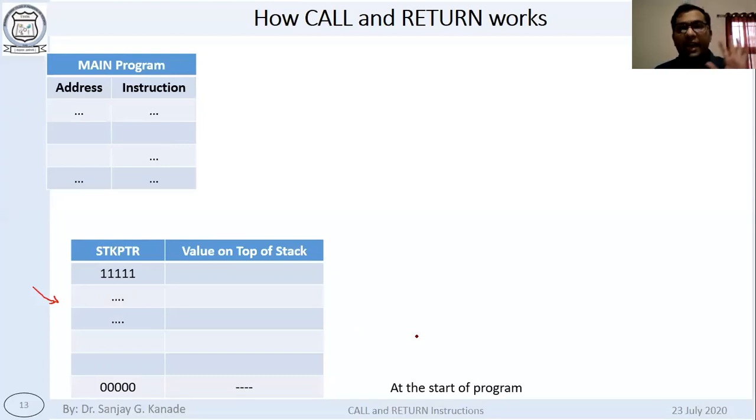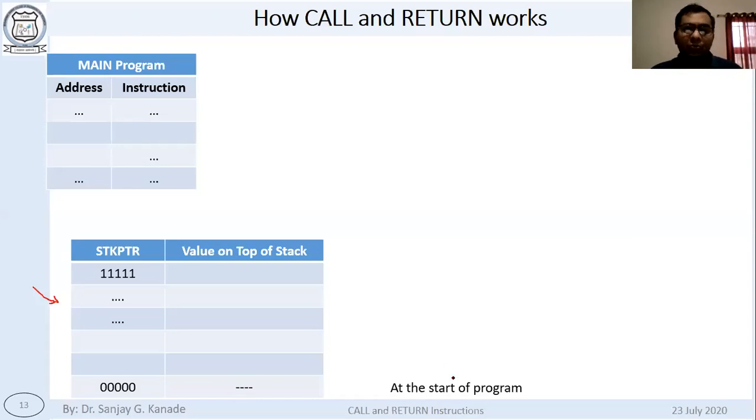As I have been saying, we have separate stack memory which is 31 locations, and at each location we can write 21 bits. That is the stack memory available in PIC18F458. It is a separate section in the microcontroller. It is not part of program memory. It is not part of data memory. It is a separate section.